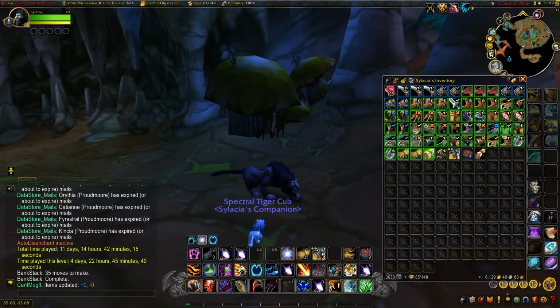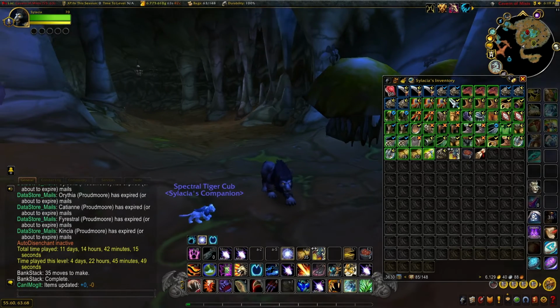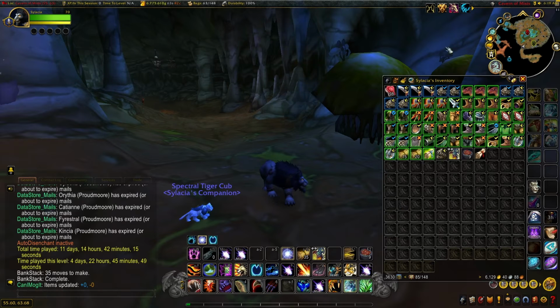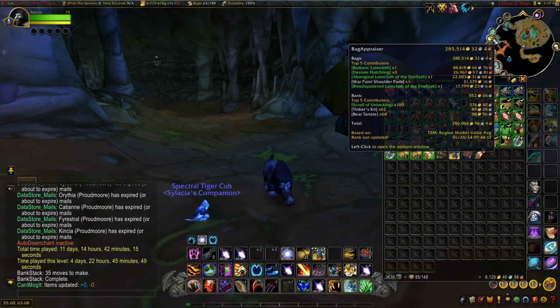Alright, so let's go ahead and take a look at the Bag Appraiser add-on, as I do in all of my 50 runs videos, and check out how much we have in bag value. So, not bad at all, man. In 50 runs, we have a total value of 285,514 gold. Now, the top 5 items in terms of value are the Barbaric Loincloth, 48,000 region wide, 3 deviant